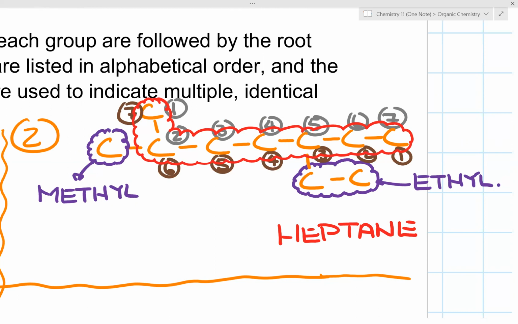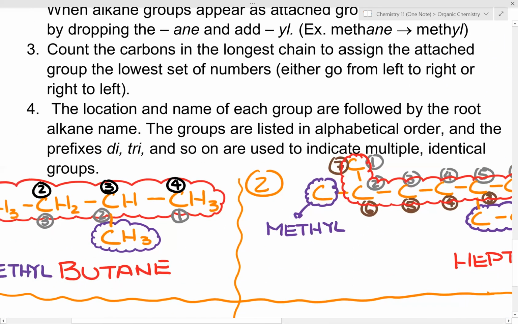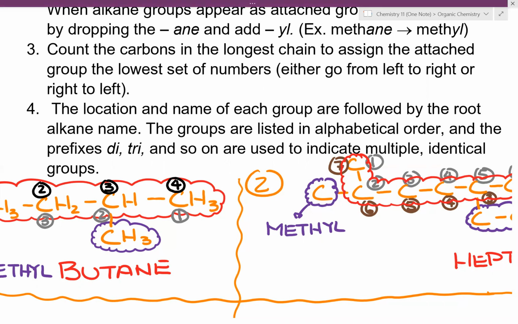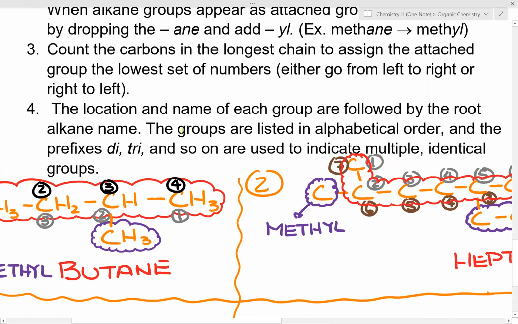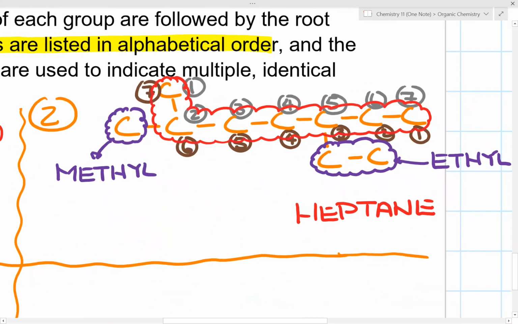Now, so how do we name this? It says the location and the name are followed by the root name. The groups are listed in alphabetical order. So the key word here is alphabetical order. So you're not worried about the number, it's alphabetical order. So here it would be,